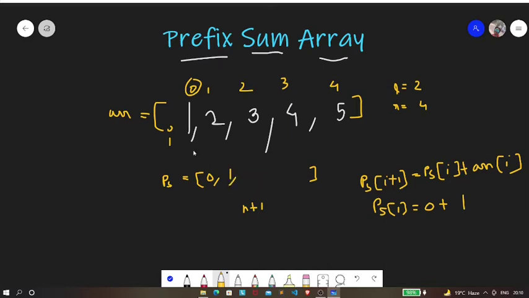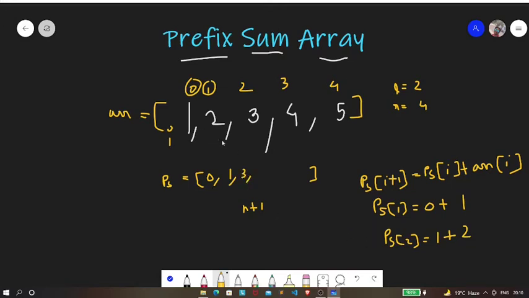Next, we increment I to index 1, so this time we compute PS of 2. It is going to be PS of 1, which is 1, plus ARR of 1, which is 2. Adding 1 to 2, it will be 3.